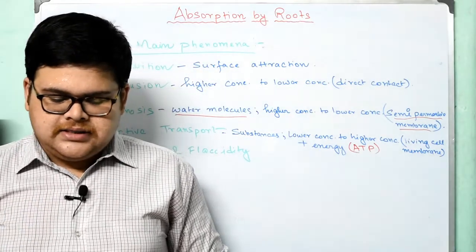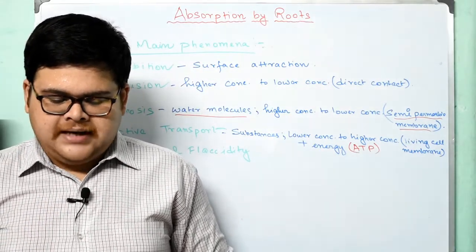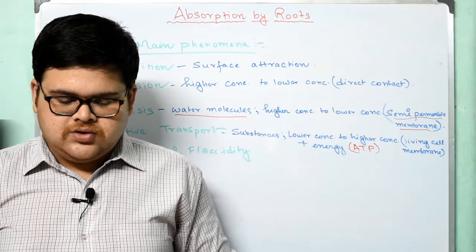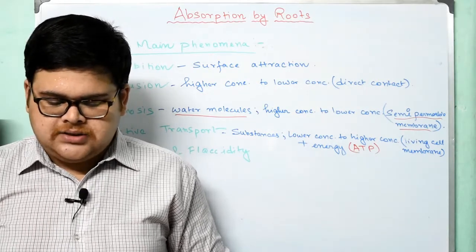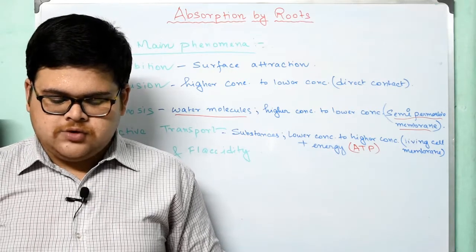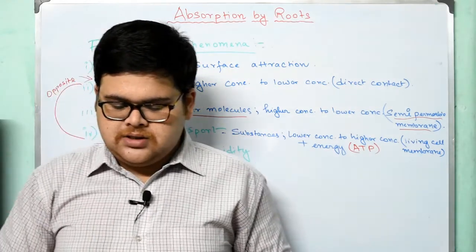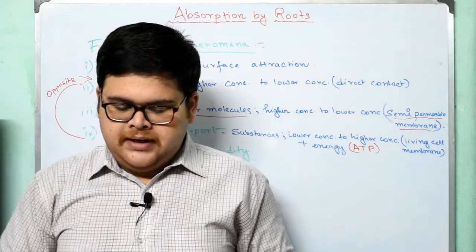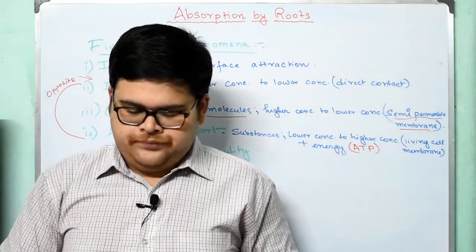When the cell is turgid, it is in a somewhat balanced state. No more water is entering or leaving it. Its turgor pressure counterbalances the wall pressure, and therefore there is no further absorption of water even though the concentration of the solute inside the cell may be greater than that outside the cell.